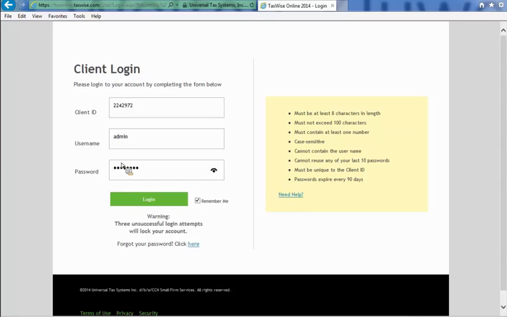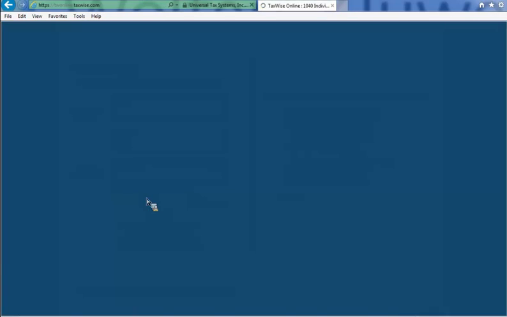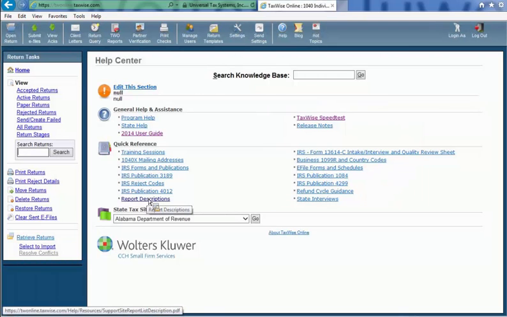So just note that the first time you log in as the administrator, client ID will be provided on that email, username will be admin, and the password will be your activation or registration code. So you put in that information, you'll click login, and then you will be going into the TaxWise online product